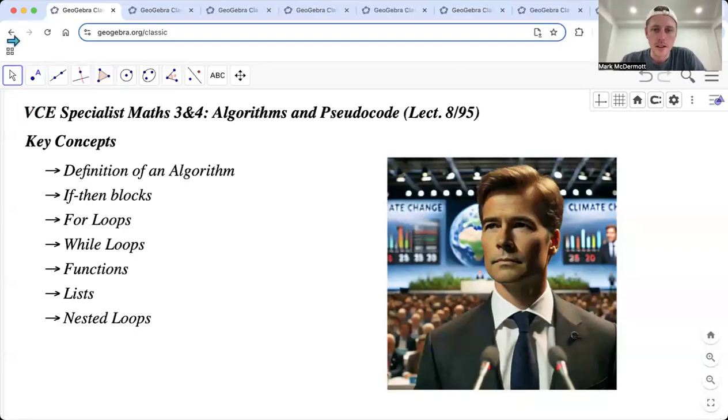Okay, so we're going to look at lecture 8 of Specialist Maths Units 3 and 4, and we're going to look at algorithms and pseudocode. There's not really much prior knowledge for this other than thinking logically and sequentially, which can be a bonus sometimes. Some of the key concepts we're going to cover are the definition of an algorithm. We've got if-then blocks, for loops, while loops, functions, lists, and finally we're going to look at what's called nested